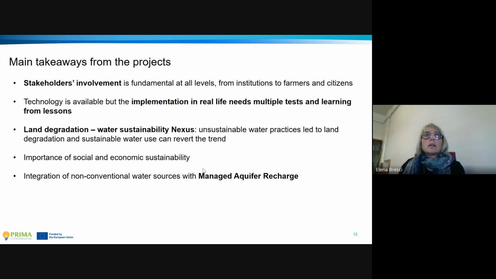Land degradation is a common problem, associated with water access and then water sustainability. We need to focus on reversing the process of land degradation, considering which practices are more appropriate for that area. The importance of social and economic sustainability has been recognized by all three projects, and also the importance of considering non-conventional water resources with managed aquifer recharge. So, the utilization of artificial recharging of the aquifer for getting more availability of water, considered as integrated with